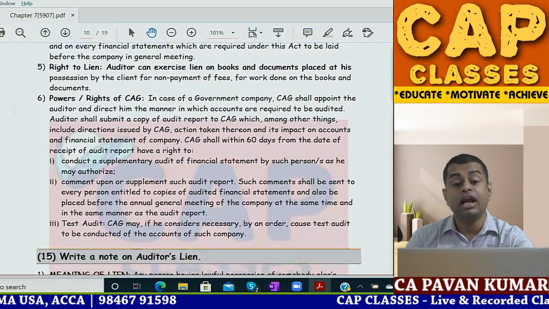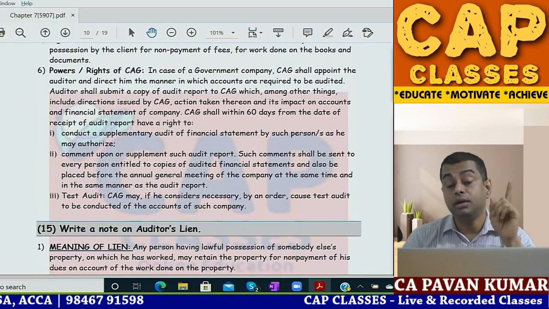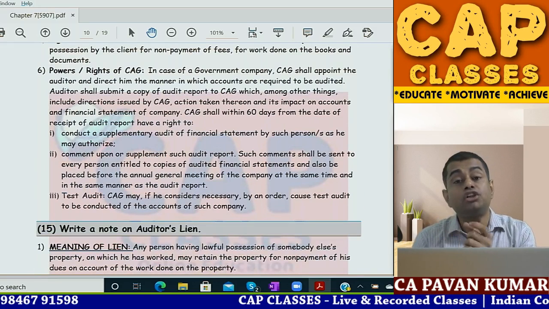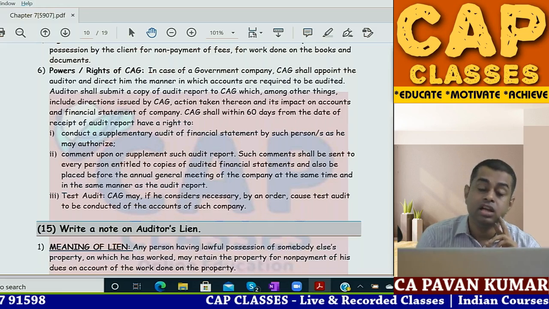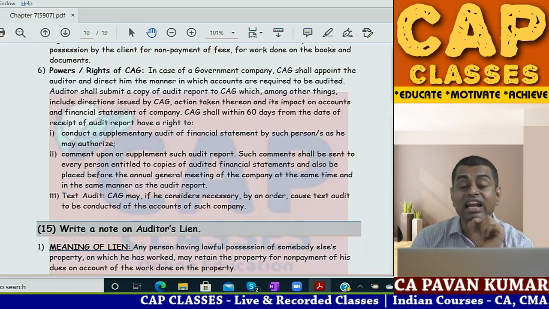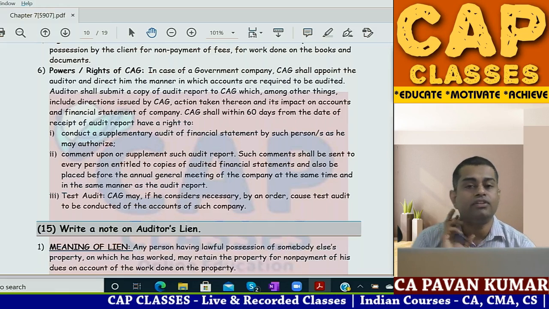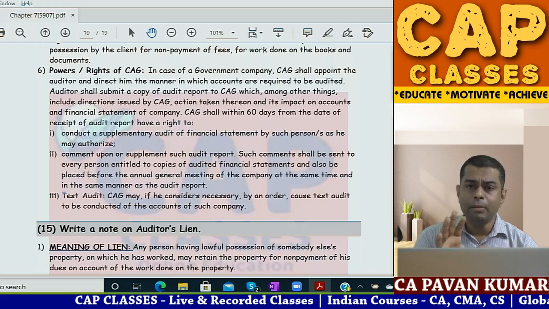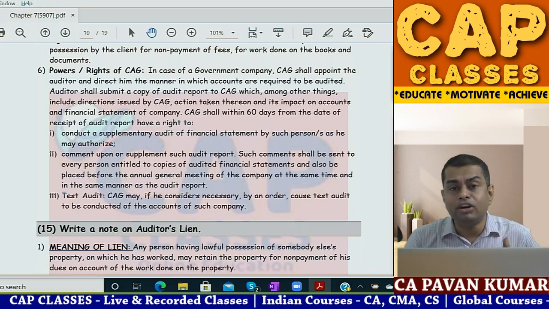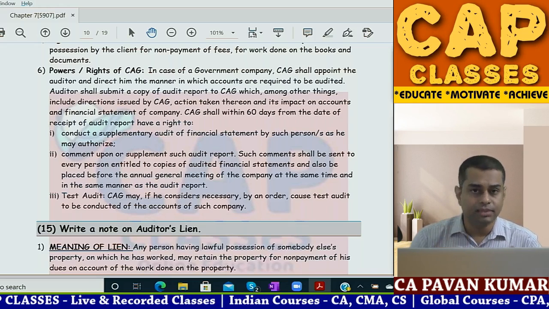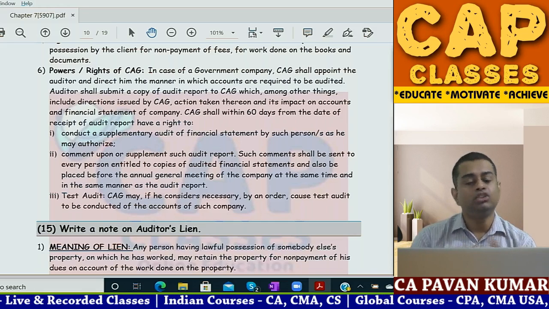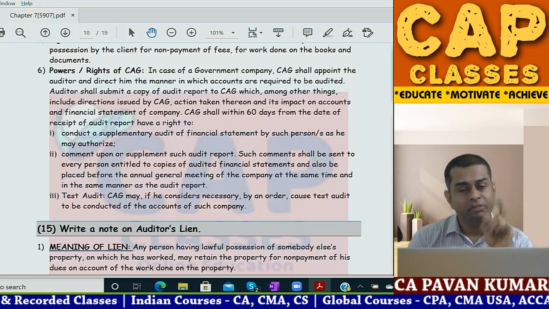Okay, then another very important question, both from the company audit and also in your special audits, audit of government company. In these 2 areas, what are the powers of C&AG in the context of audit of a government company? Remember, I'll tell you a small 2-sentence story. C&AG appointed Pavan Kumar to be the auditor of, imagine, ONGC. Imagine ONGC is a government company. C&AG called, hey Pavan Kumar, please come. So they have appointed me. When they have appointed, they have the right to appoint me.